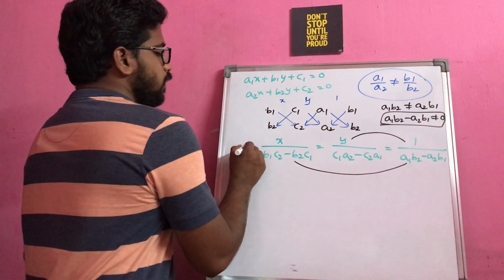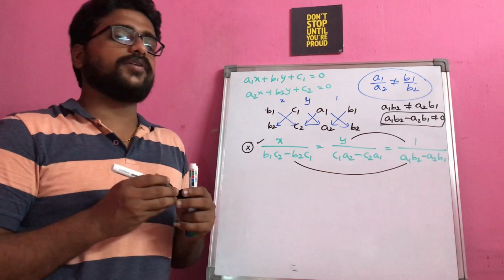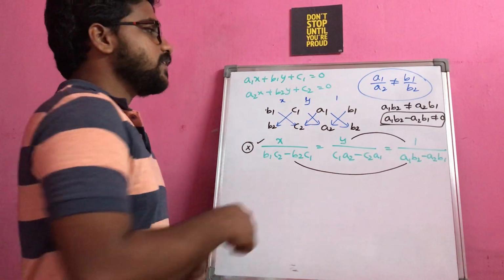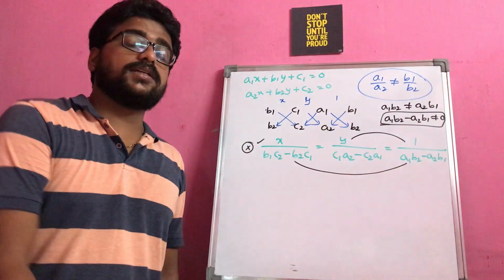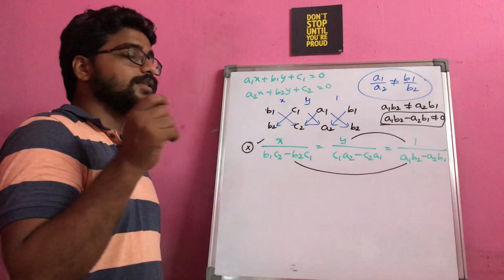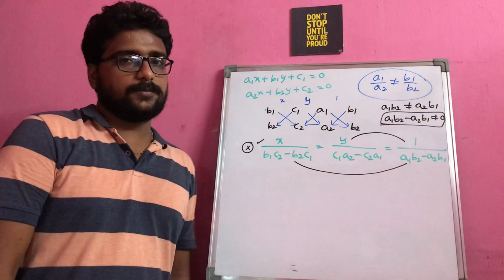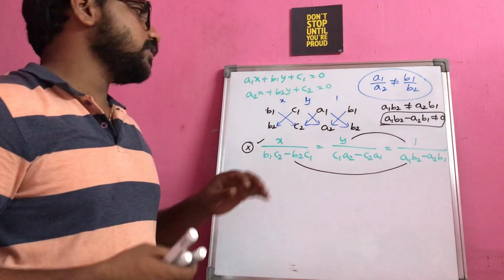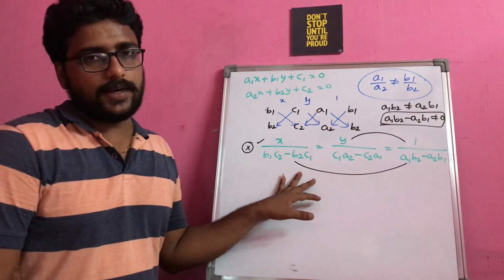My suggestion is, don't remember this formula directly, because there is scope for you to get confused. Instead, if you remember it this way, it will be helpful in the later stage also, in class 12 when you are doing matrices. You will get habituated to this procedure of multiplication. So try to remember this structure rather than remembering the formula directly.